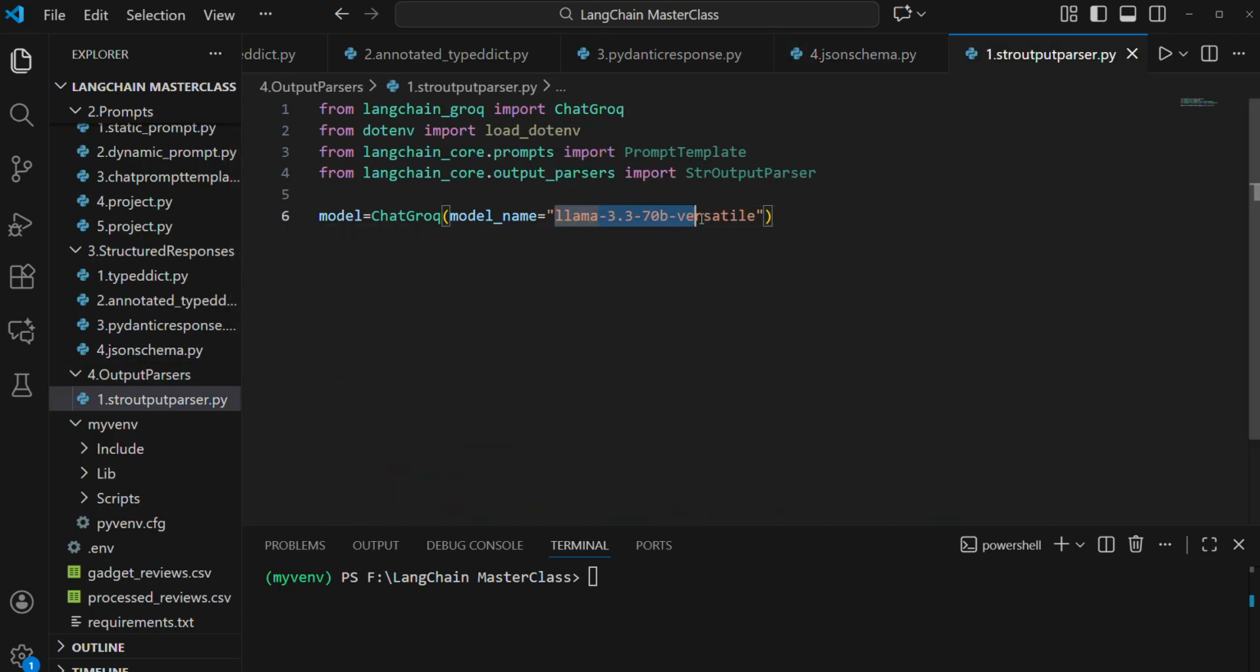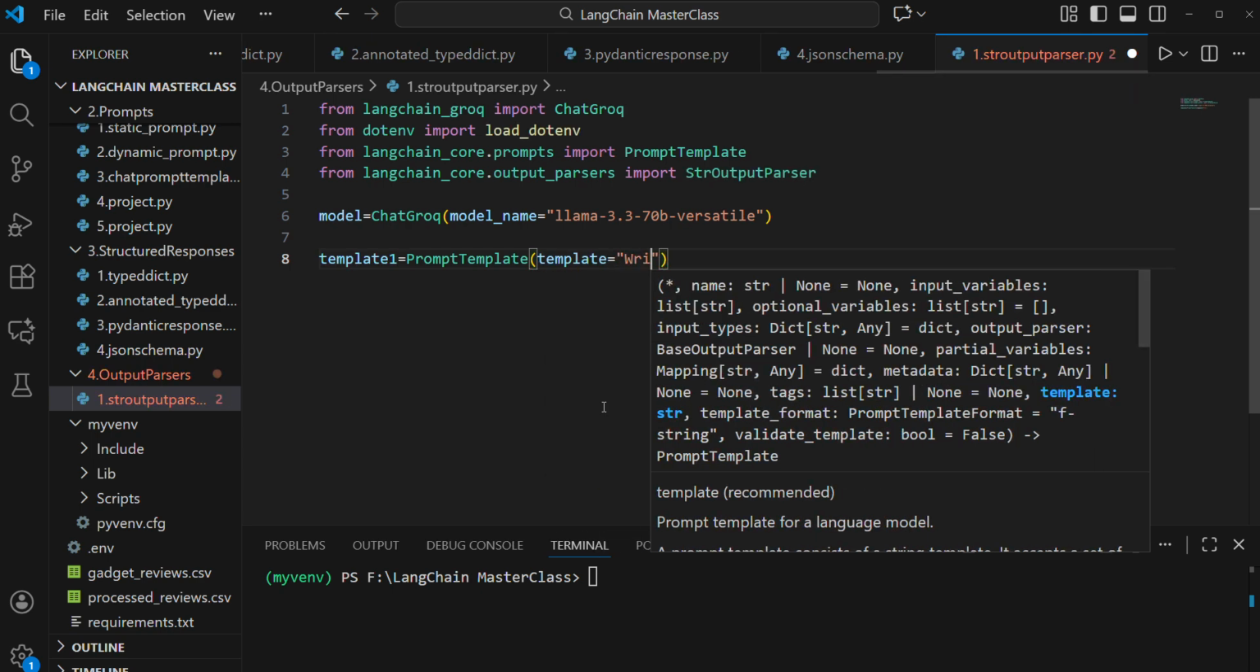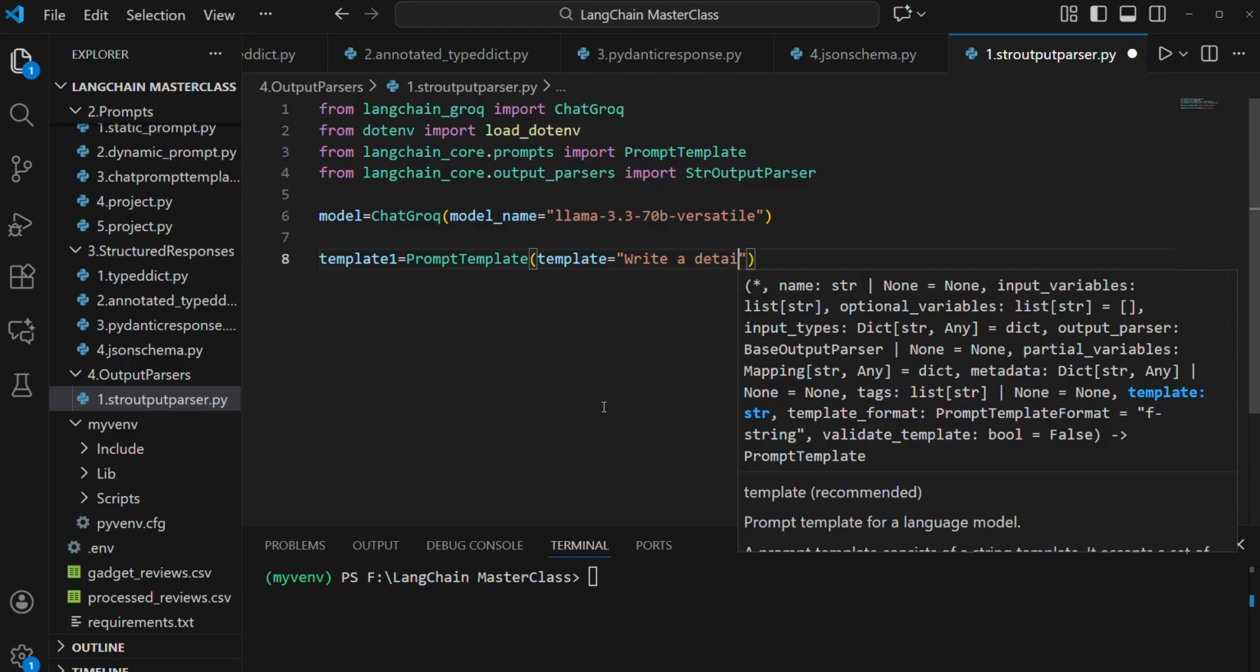I think the name is correct, even though I will try to make it consistent. Anyways, now at first I'll define a template. So that will be from prompt template. I can write template and then write a detailed